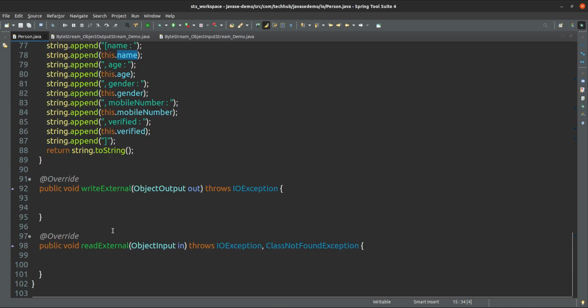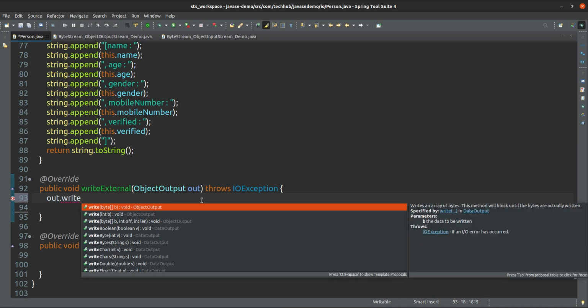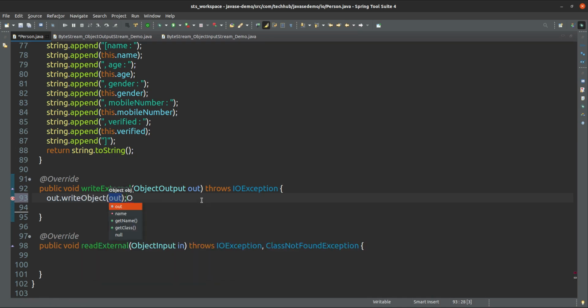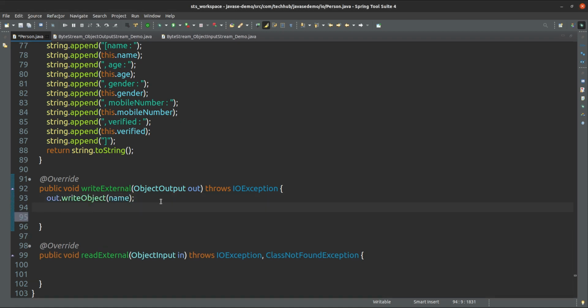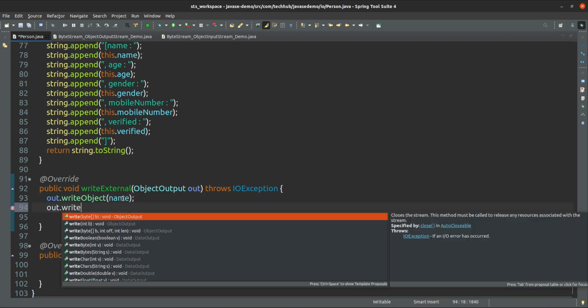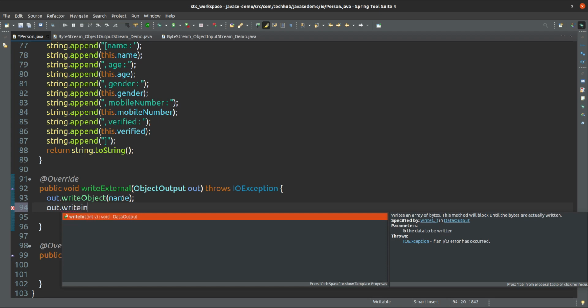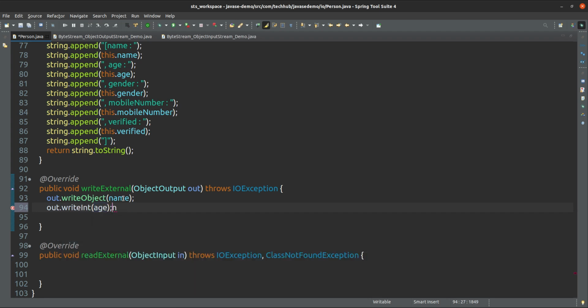I can do it using out.writeObject, which one? Name. Yes. writeString is not there, because string is another object. Okay, writeString is not there. writeInt age. Only these two fields I want to serialize. That's it.